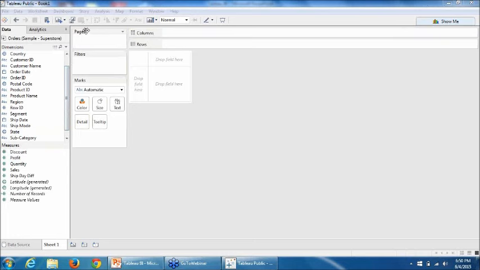All right. So in the center of your screen, you see you have columns and rows. So columns and rows are nothing but your axes, like x-axis and y-axis. And when you drop these fields into the respective columns or rows, you get the visualization in the center. So let me just take you through a quick example on how we create a few views.